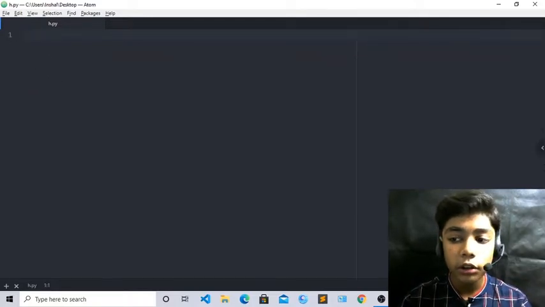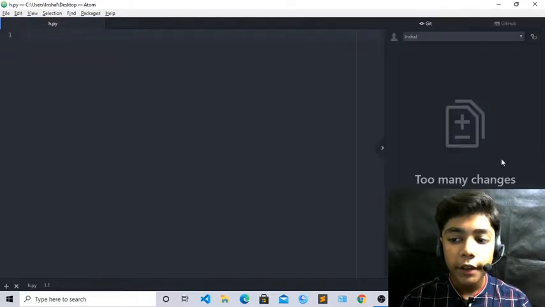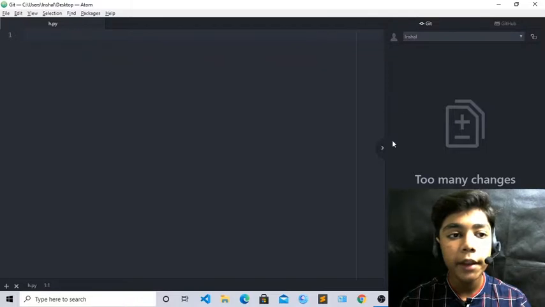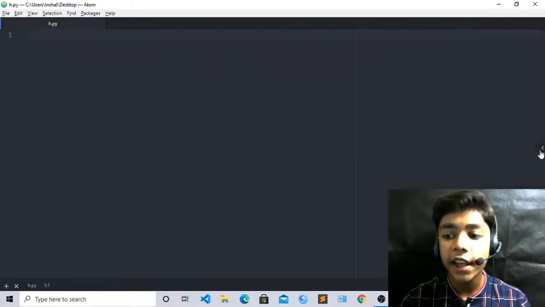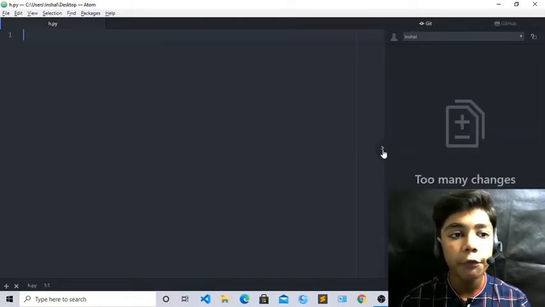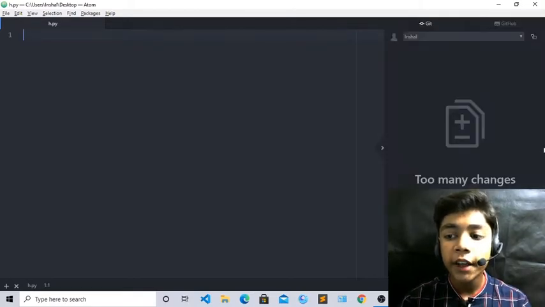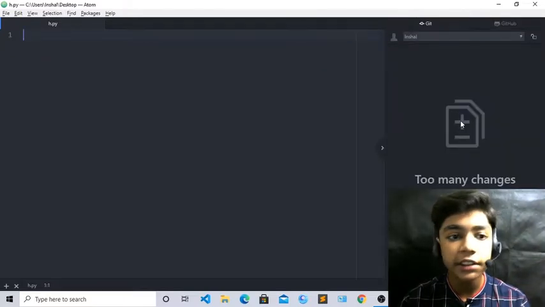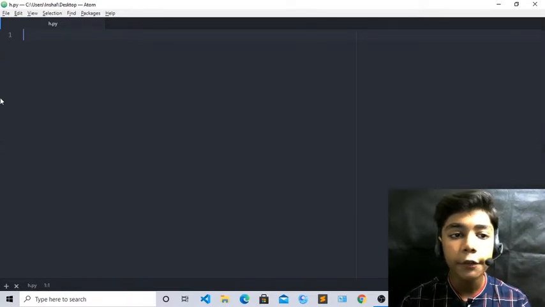Now here you can also see that there is one arrow, and when you press it, this is the GitHub repository, okay? From here you can take things like folders in which you have stored your files. It is really easy, you just take your repository and bring it into your text editor from here, okay?